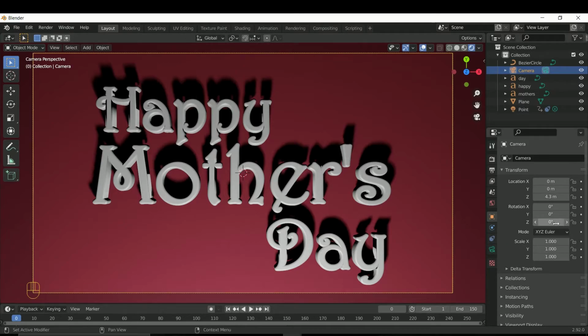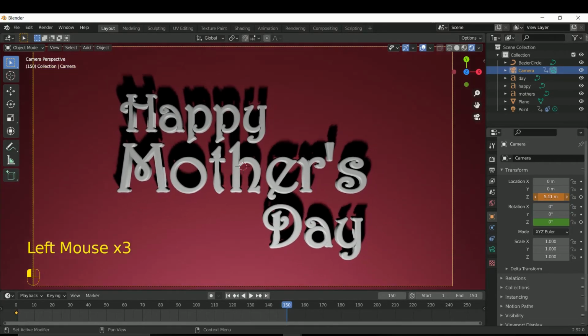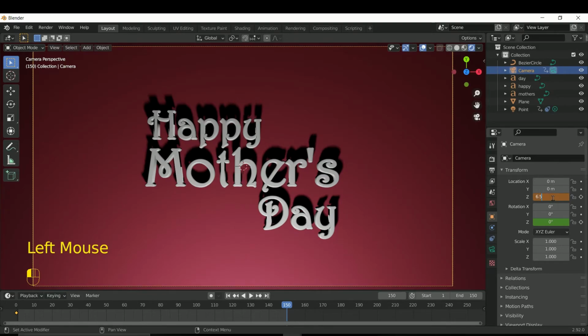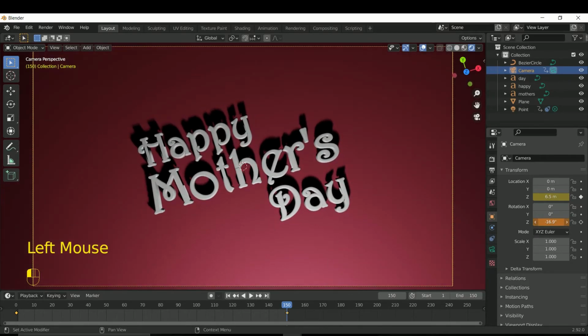Enter the keyframe in location Z and rotation Z. Go to the last frame in the timeline and increase the value of Z location and enter a keyframe. Then add some rotation value to the Z rotation and enter a keyframe.